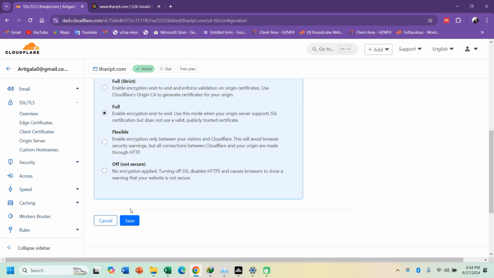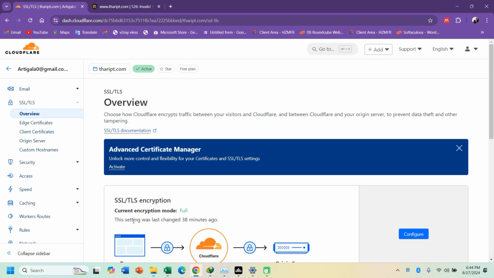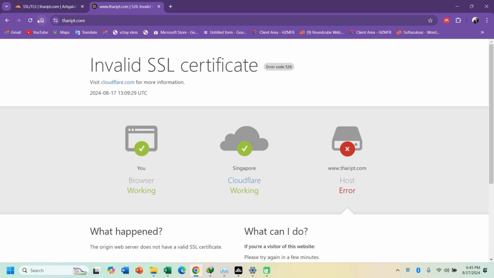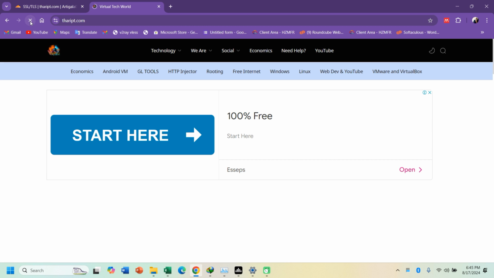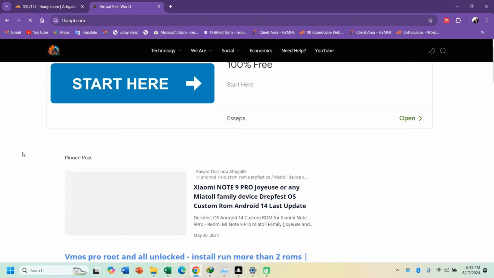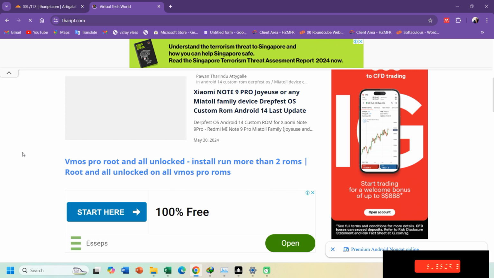So let's save these settings and try to reach our website once again to clarify whether our problem has already been fixed or not. So I'm going to reach my website, which means I'm going to refresh my website. Here you can see my website is loading normally. So with that, I'm going to wind up this